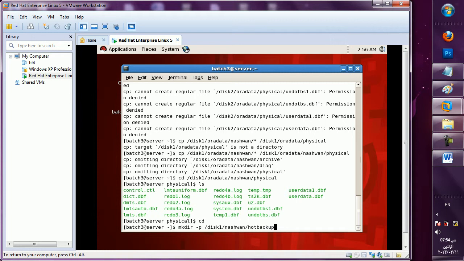Now I want to show you how to take hot backup. This cold backup is finished, that's it: copying all files from one location to another location.